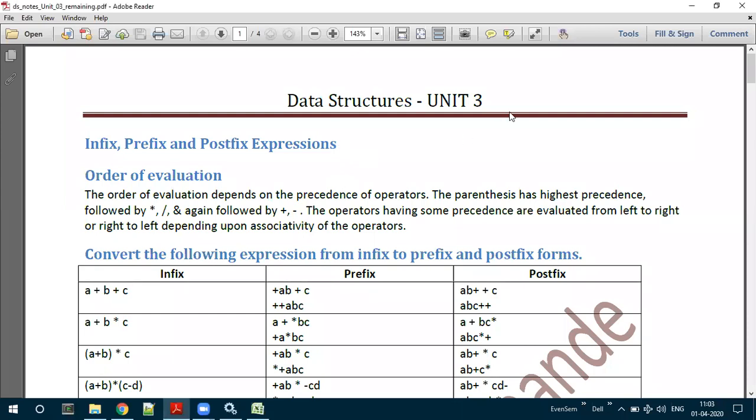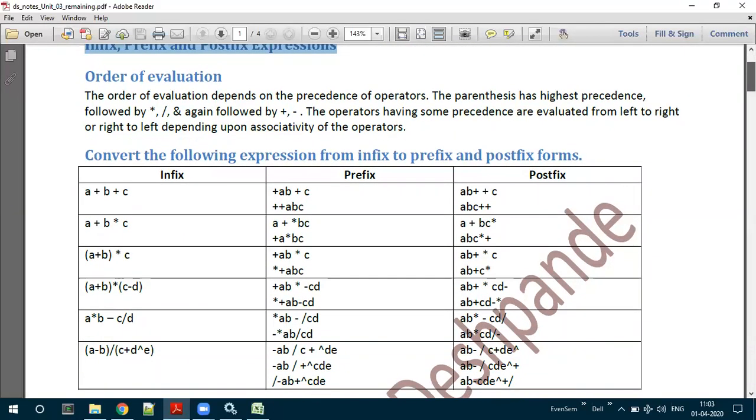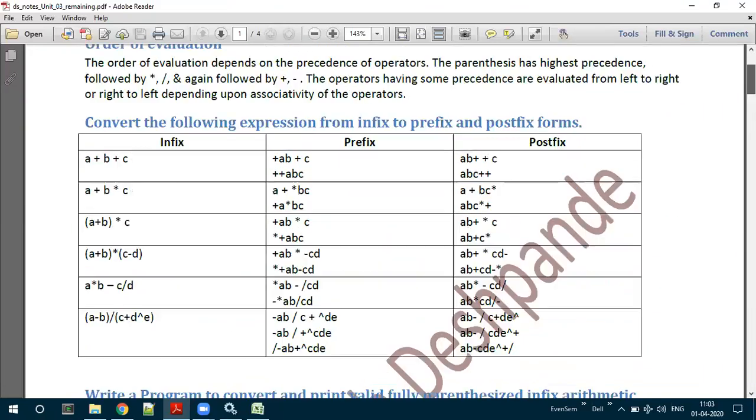This is the stage where we have stopped in our previous classes. In our previous classes, we were studying what? Infix, prefix, and postfix expressions. Okay, and a couple of examples we have worked out based upon how to convert an infix expression to a prefix or postfix expression. Now, are there any doubts with respect to how to convert this infix to prefix or postfix? You can unmute yourself and you can respond here.